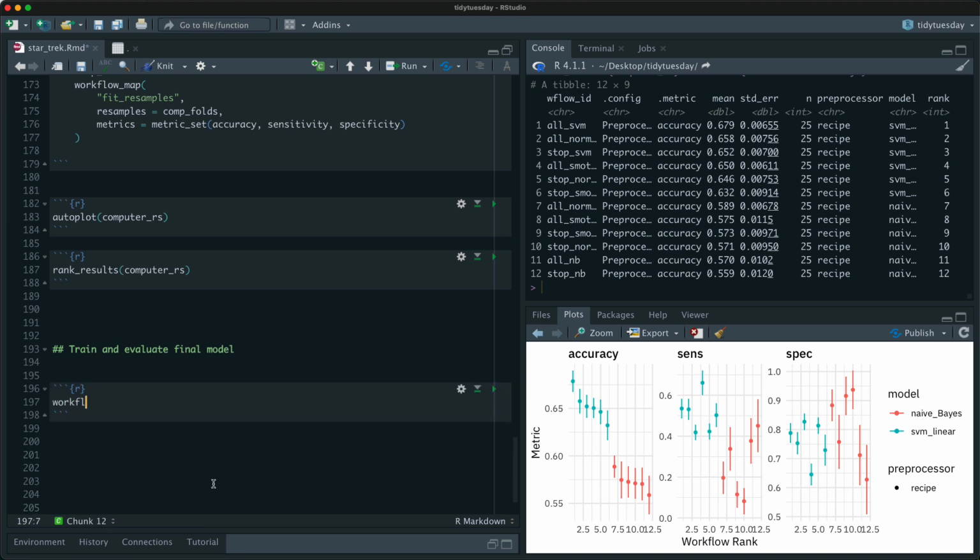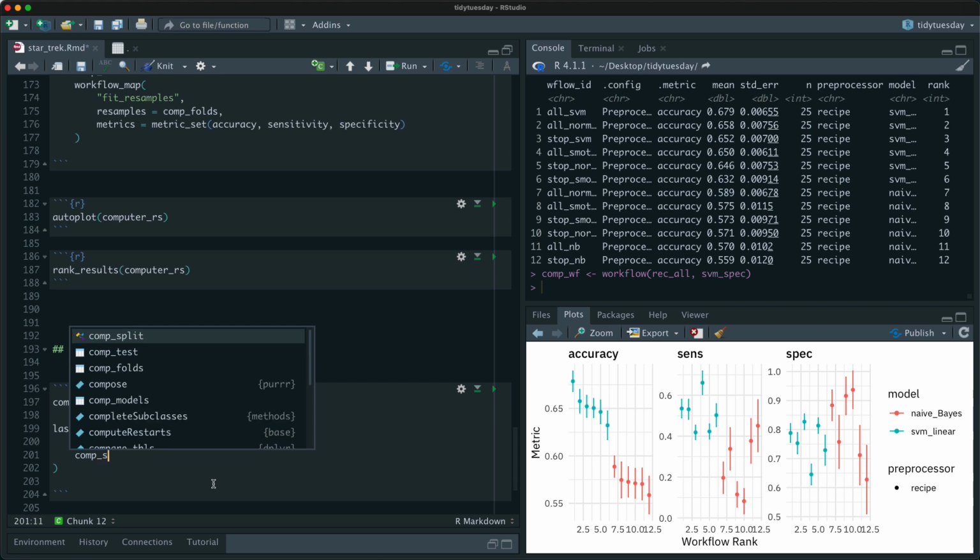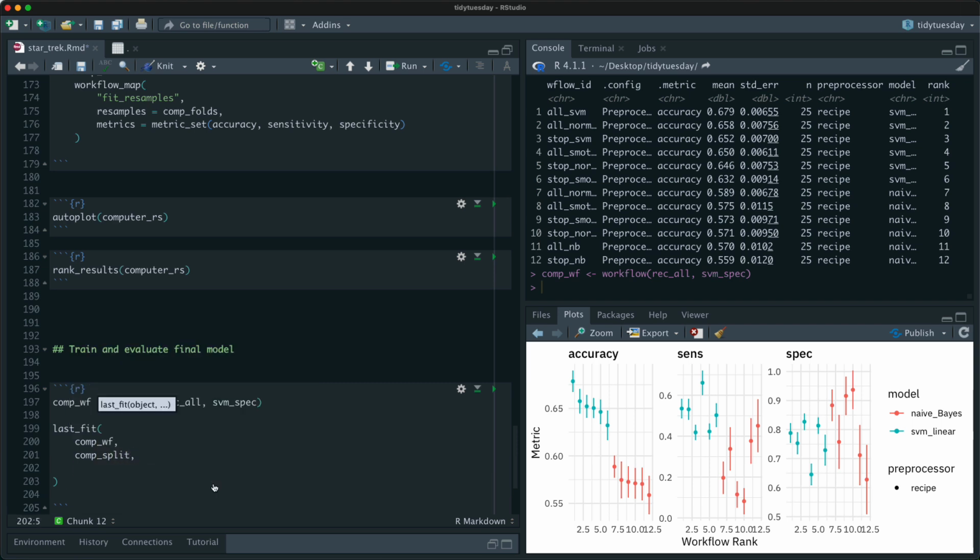Let us say that we want to just maximize, we want the best overall accuracy. So we'll use that recipe, all, with the stop words, including, like, not removing them, keeping them, not taking them out. And let's use that SVM model. Let's call this computer workflow. And then let us do last fit on it. So we'll take the computer workflow, we'll fit it to the split, and we will take these same metrics